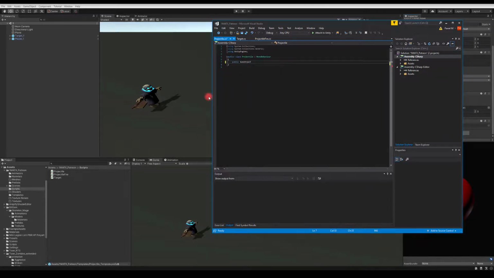So game object impact, public game object impact. And then we're going to use on trigger enter. And I'm going to say if other tag equals double equals what we called it, I think target,